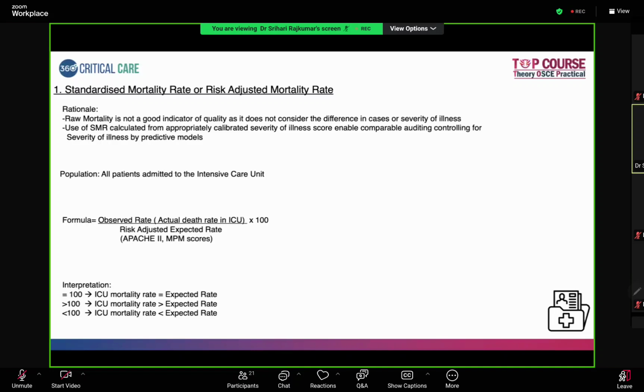So in this Apache 2 score, for every patient who comes, you do a calculation, you get a certain number. The best number I can say is 25. For an Apache score of 25, you will have a predicted mortality rate of 52.5%, which will be quite accurate. So you need to divide this observed death rate by the risk-adjusted expected rate based on the Apache score. So you get a mortality rate of